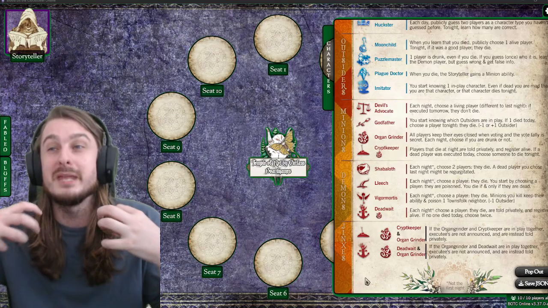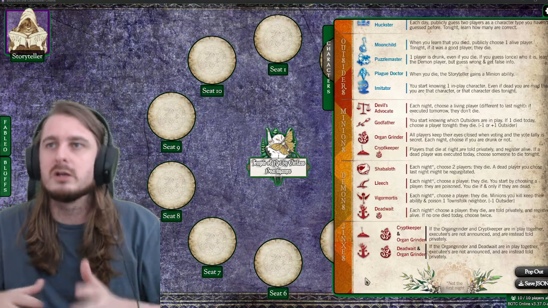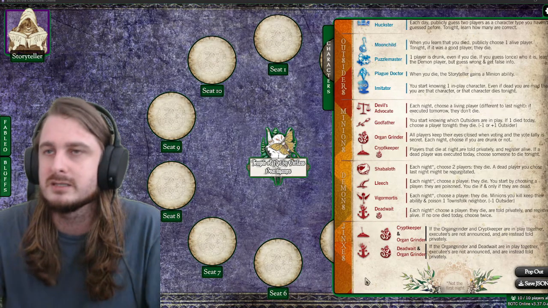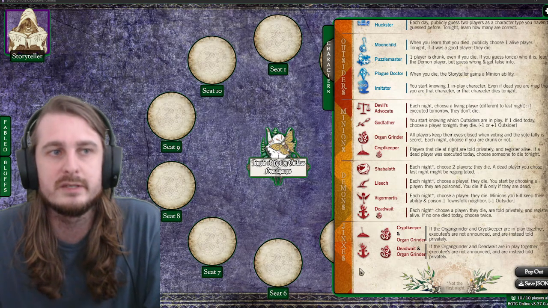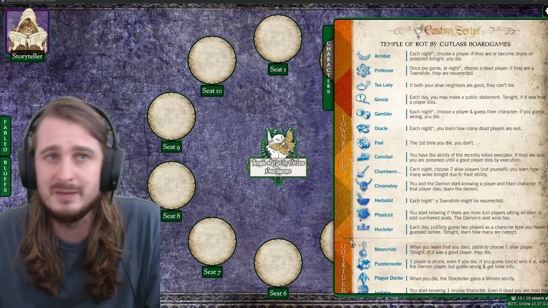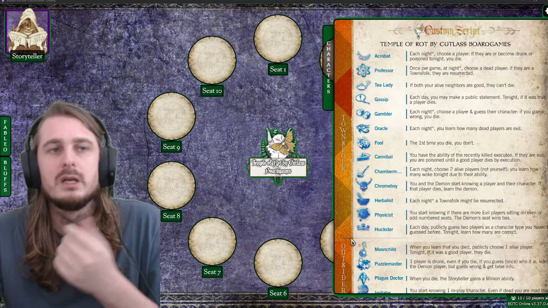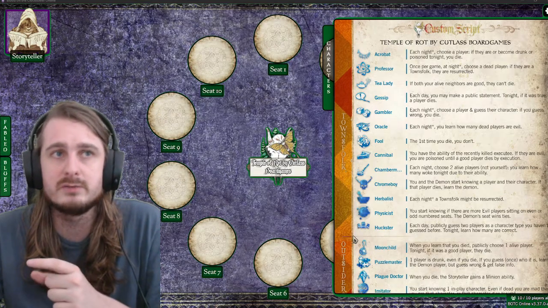And people are trying to keep track of who they think has died, what's really gone on. This is the next layer of the Bad Moon Rising style puzzle. I'm very excited to run this. I'm very excited to see how this goes, because I think it's pretty solid. There might be a little bit of tinkering to do with it, like maybe Chrome Boy is too powerful or whatever. And I will be tinkering with it over time, but I'm very excited to run this